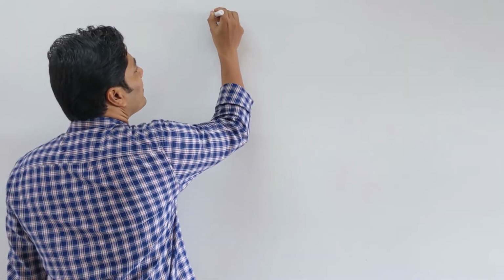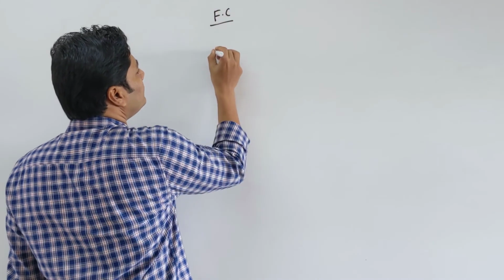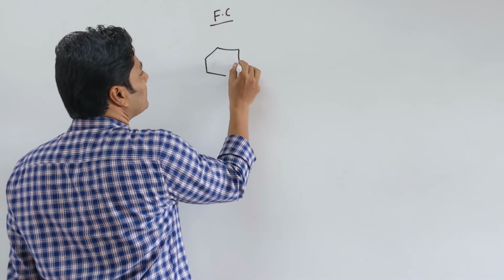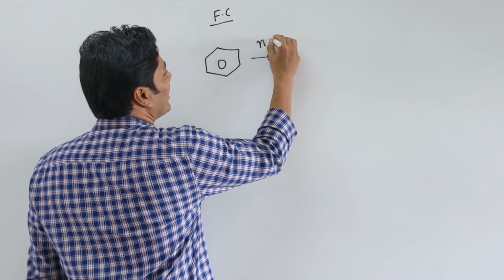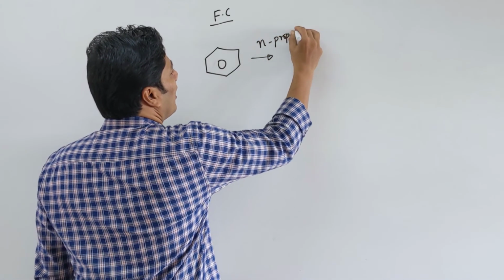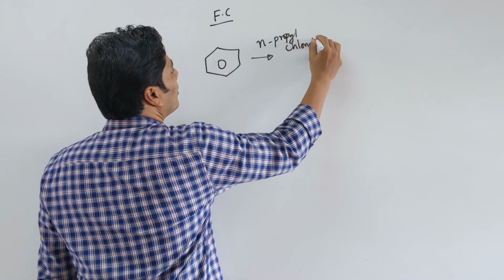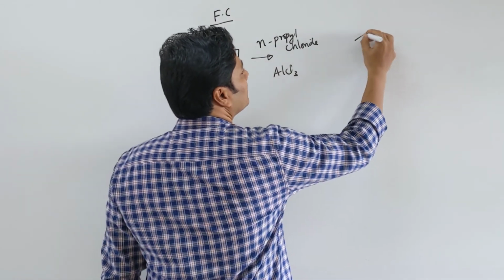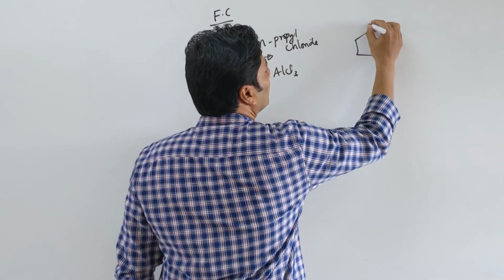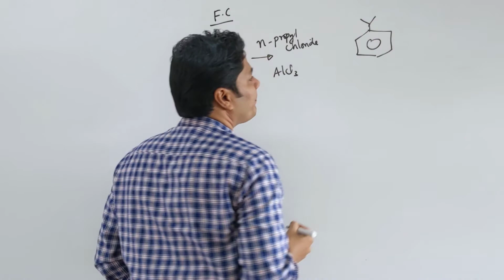The next synthesis that we can see, which we have seen last lecture as well in alkyl halides, is the synthesis of cumene. So we can use Friedel-Crafts reaction. I can take benzene and I can use, doesn't really matter, n-propyl chloride or isopropyl chloride with AlCl3. We get cumene. This we have seen before.